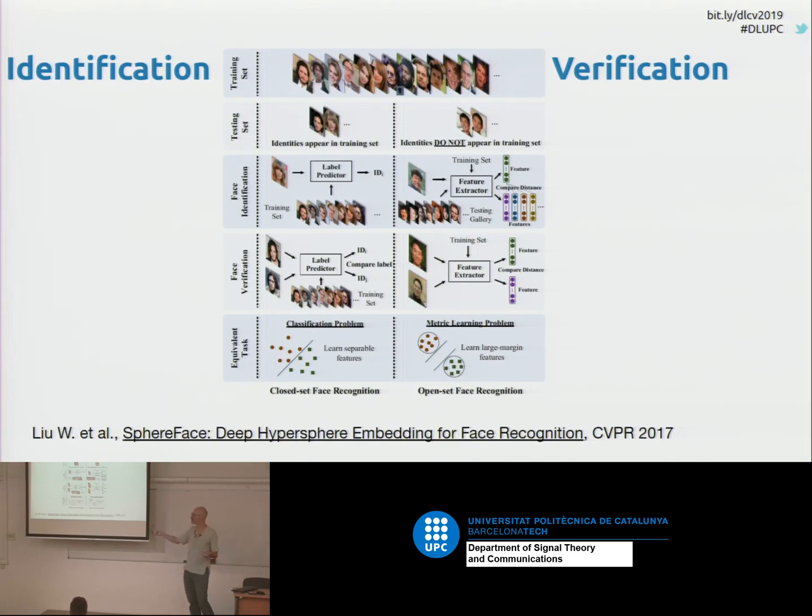For the closed-set face recognition, you can use any classification approach. For instance, you can train a network, a VGG or ResNet, in a pure classification sense. And when a new face is entered into the system, it will output the most likely class, the most likely identity for this person. In open set face recognition, you cannot do that. Because if you present a person that was not in the training set, the network will output an identity, but it will be a wrong identification.